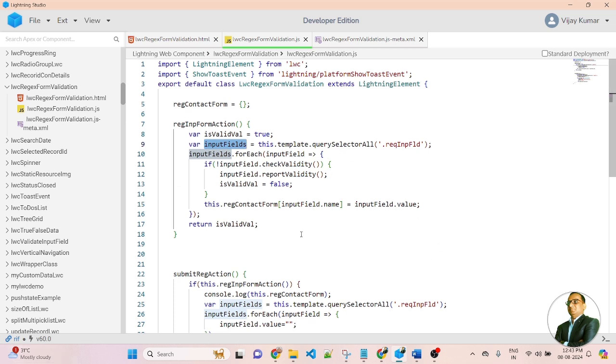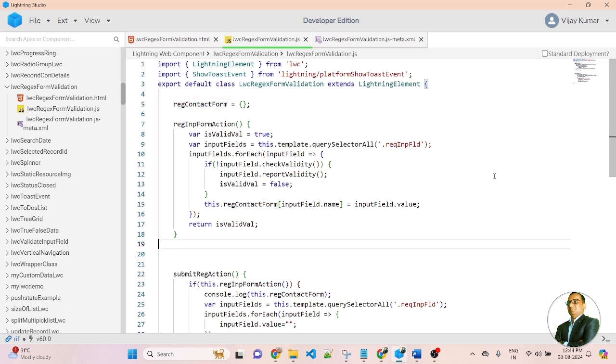So friends, if you are working on form validation in an LWC component, there are two properties that are mandatory: checkValidity and reportValidity. Based on checkValidity and reportValidity, I am displaying the error message and hiding the error message of the Lightning input field. This is a standard function of the LWC component. If you are using form validation, it is mandatory to check the validity and report the validity. It will check the Lightning input field value. If the value is blank, then it will display an error message. Otherwise, it will hide the error message. So this is the mandatory checkValidity and reportValidity. Then here I'm applying registerContactForm, that is a variable.